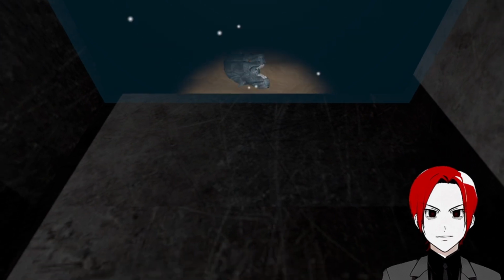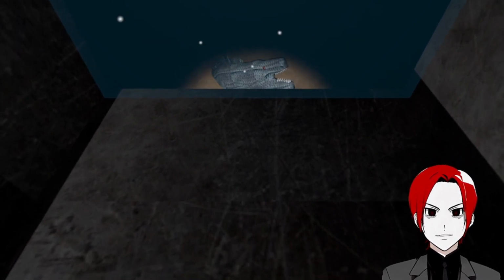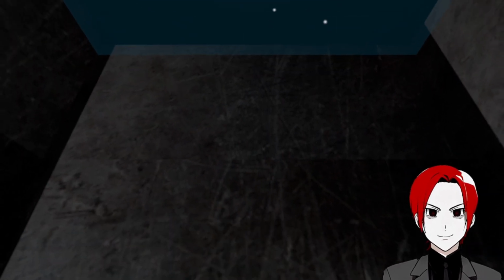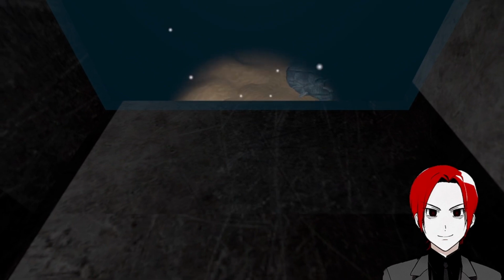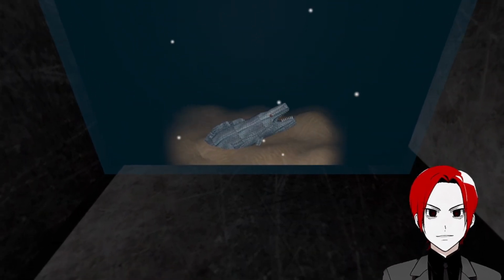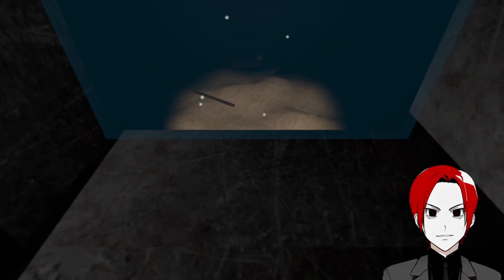Oh, what is this thing? You got a little dragonfish? It's very two-dimensional. Might be artificial. Are you an eel? If I step on you, will you hurt me? I'm not sure. It doesn't look like it. So some kind of ancient crocodile fish. That's very cute. But if you look at the soil down here...